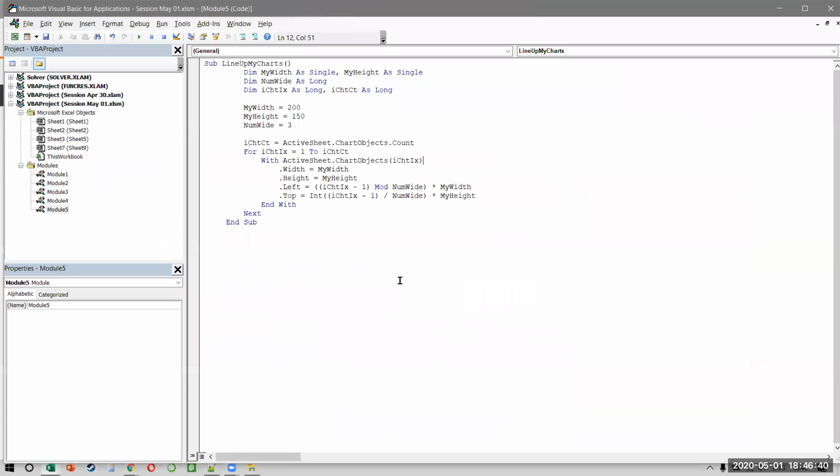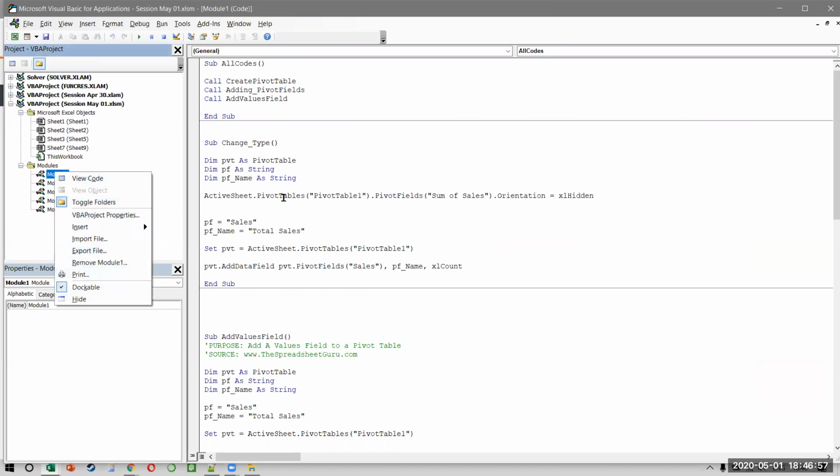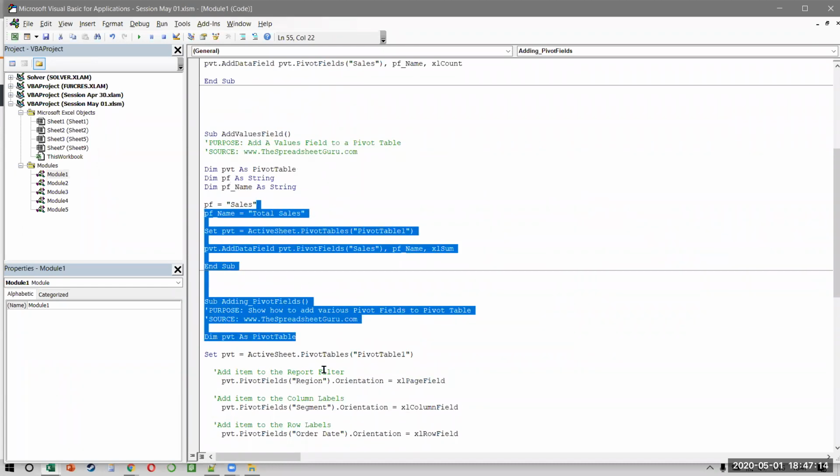Excellent. So we actually had a longer session than planned. Let's quickly take a 10-minute break. Quick recap of what all we did. The first thing I showed you was that you can save a macro in an XLAM file. If you want to export a single module, you can just right-click and export. If you want to export all the modules, then you save it as an XLAM that you can send to other people. Where do you save the XLAM file? In a specific folder. Then I showed you that you can make a pivot table, but the process is table goes into cache, cache makes a pivot. And then this is how we added values, and we added pivot fields as well.